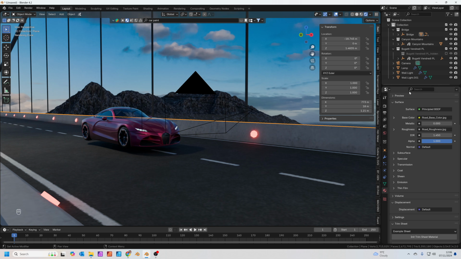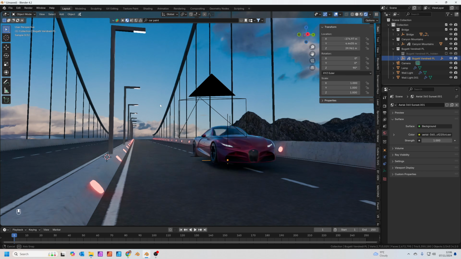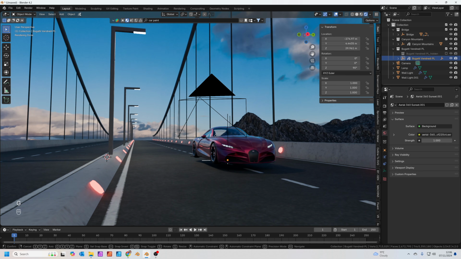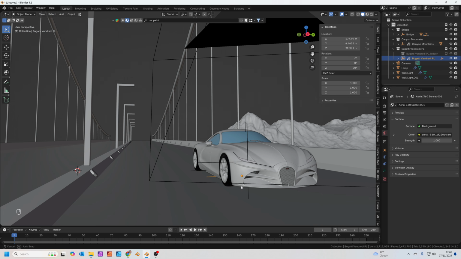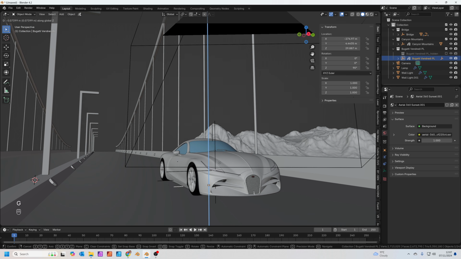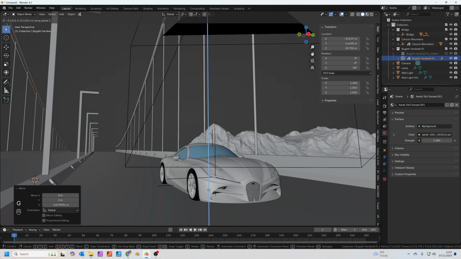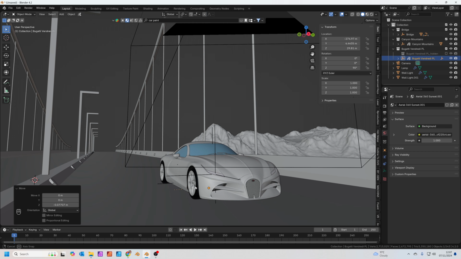Right, back to the car. So select your Bugatti in the viewport. Let's just get this going down the road. G to grab. Let's just go back into viewport shading. I'm going to press G to grab, Z to move it down, and I'm looking at these bottom of the tyres here, just looking till they intersect with the road. So G to grab, Z to move down, and just before they start to disappear,